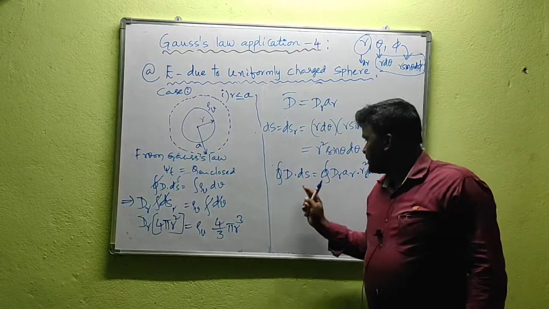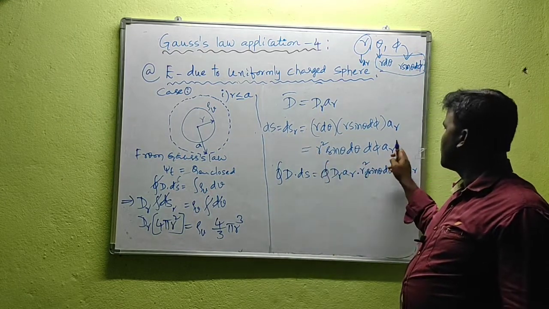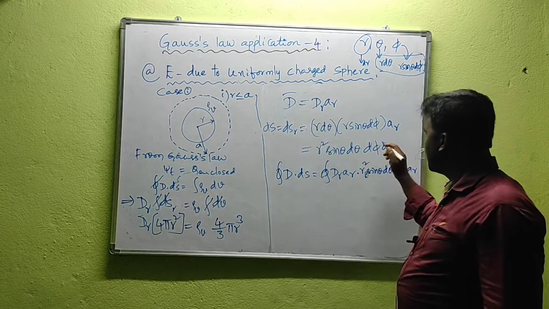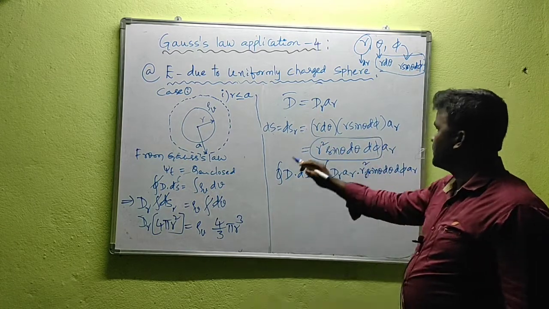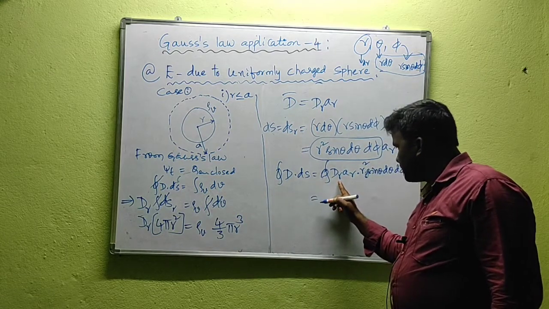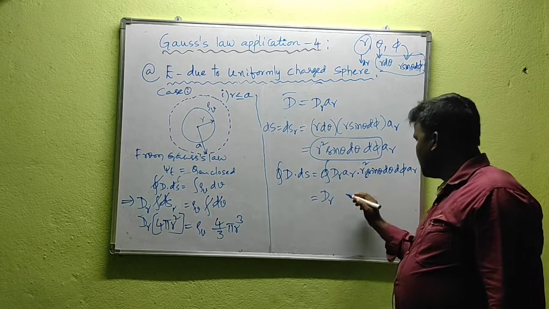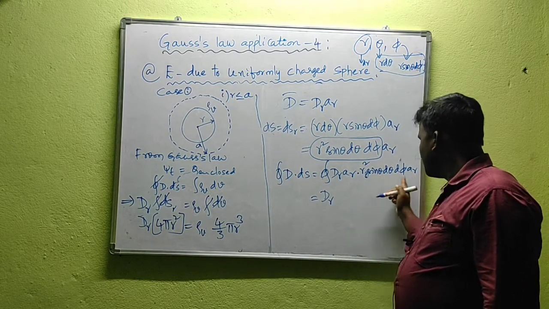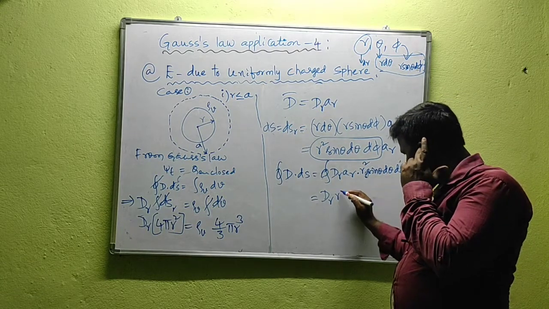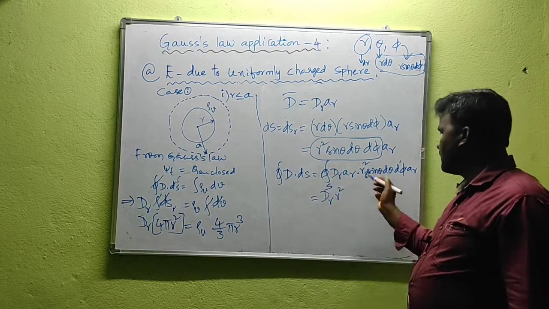Okay, what is this? The differential surface area is normal to r. This dS indicates what? This differential surface area is normal to r. Now this dr means magnitude along the r direction, so it is constant. ar dot ar is 1, and the integration is with respect to theta and phi only. So that's why dr is constant and r square is also constant. We can write this dr r square outside of the integration.